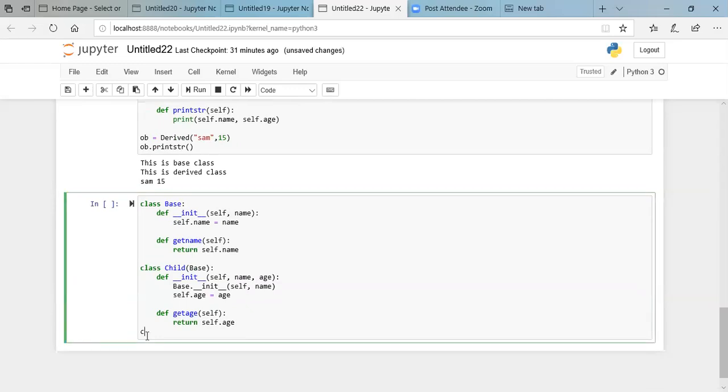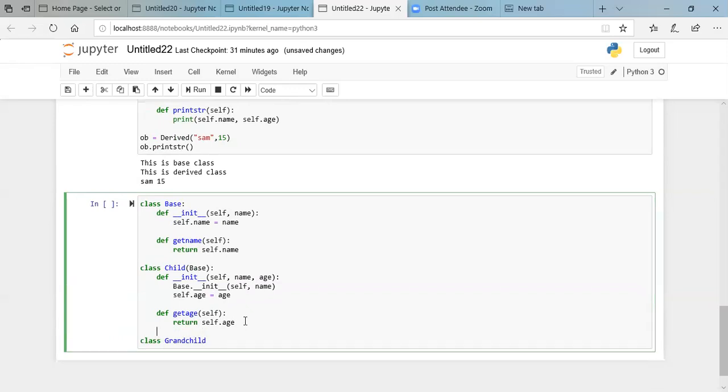So I'm going to define one more class, class grandchild. This grandchild class is derived not from the base class, it is derived from the child class. So you have to mention the name of the class from which it is derived.